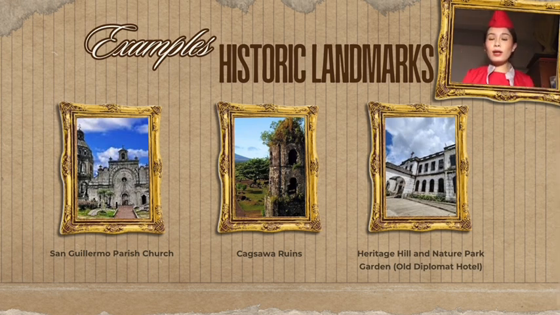And for the last one, we have the Baguio City Heritage Hill and Nature Park. It is an abandoned structure atop Dominican Hill, Baguio City, as it is believed that numerous individuals were tortured and